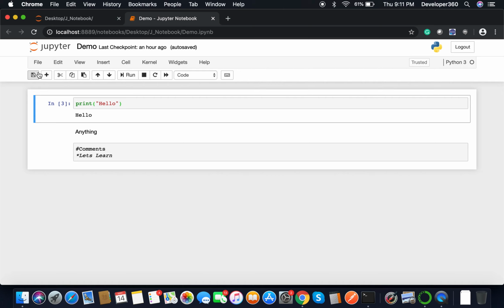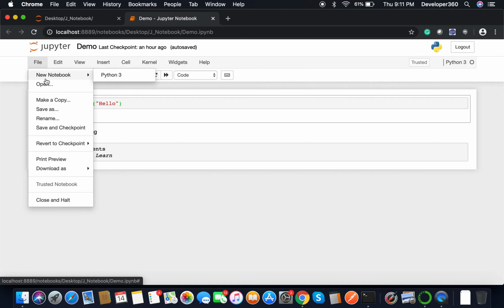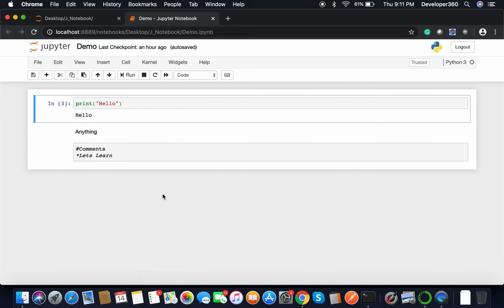So here we have just checked the file option again. Here we have the option open, so you can select any ipynb file, HTML file, or .py file, and open it in the Jupyter notebook. And I explained about cells, code cell, markdown cell, kernel.